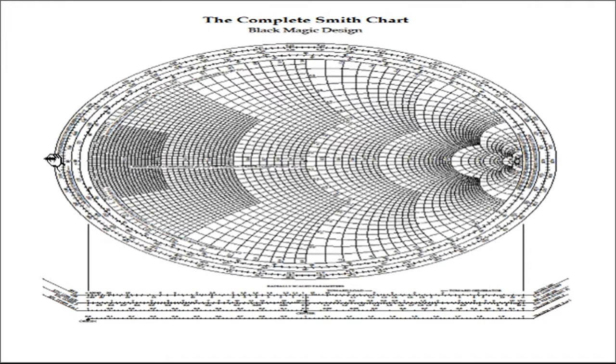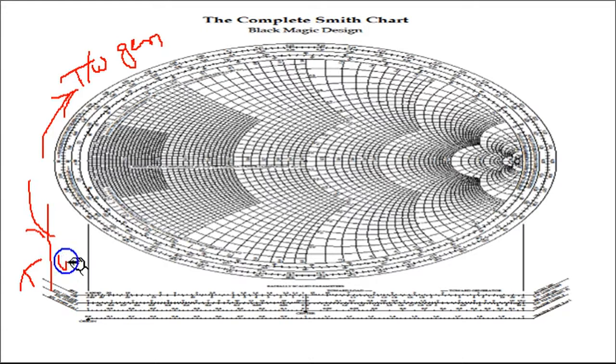So whenever I am moving towards generator, for the wavelength towards generator, we move clockwise on the Smith chart. Whereas whenever the wavelength towards load needs to be calculated, if I am traveling towards load, we need to travel on the Smith chart in the anti-clockwise direction. So two points very clear. Whenever I am traveling from load towards generator, I need to move clockwise. Whenever I am moving towards load, I need to travel anti-clockwise.